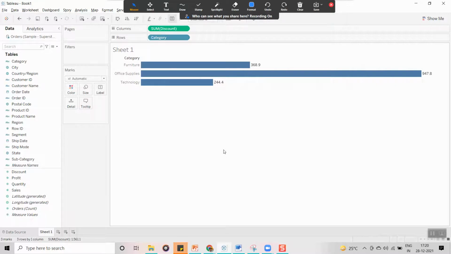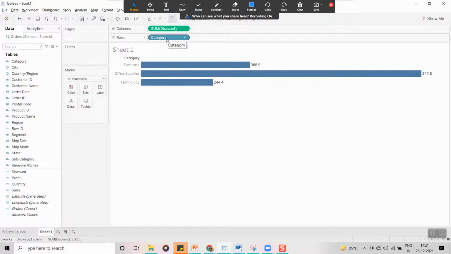At any point of time you can convert blue pills into green pills and green pills into blue pills. Category is a discrete field because it is in blue color. Now, for example, I want to convert it into a continuous field. So what we can do is convert it into a continuous field.